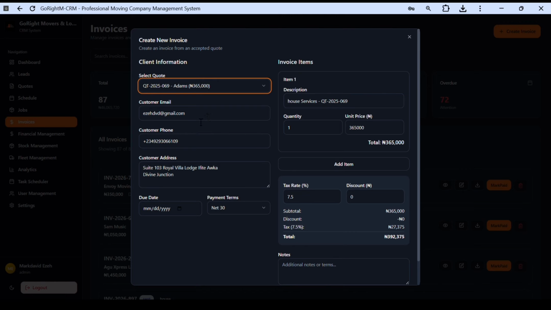Enter the customer's email here, the phone number, the customer's address, and a due date. There's an option to input a due date, or you could use this payment term: due on receipt, 15 days, 60 days after receipt. So let's say the due date is February 20th